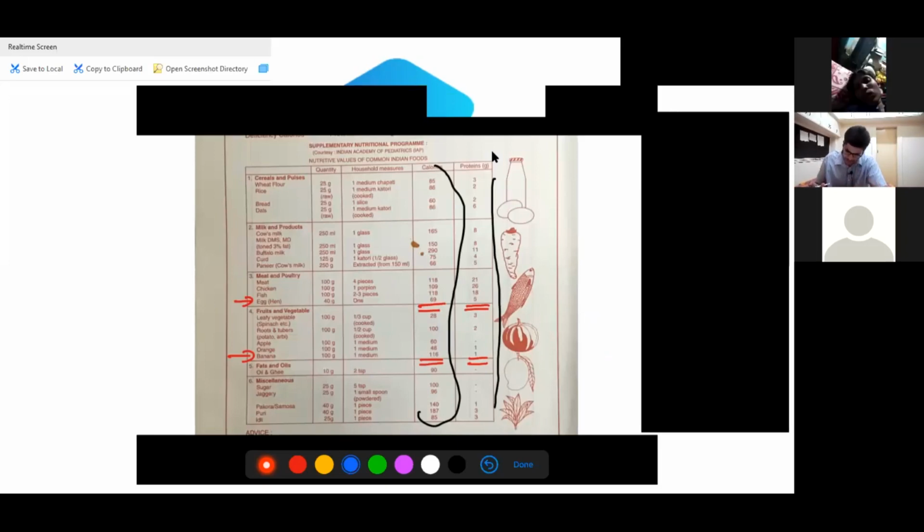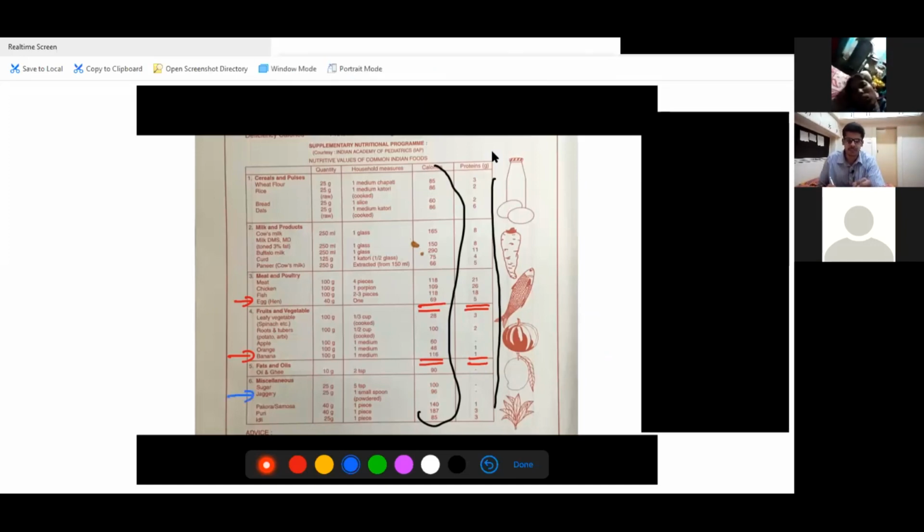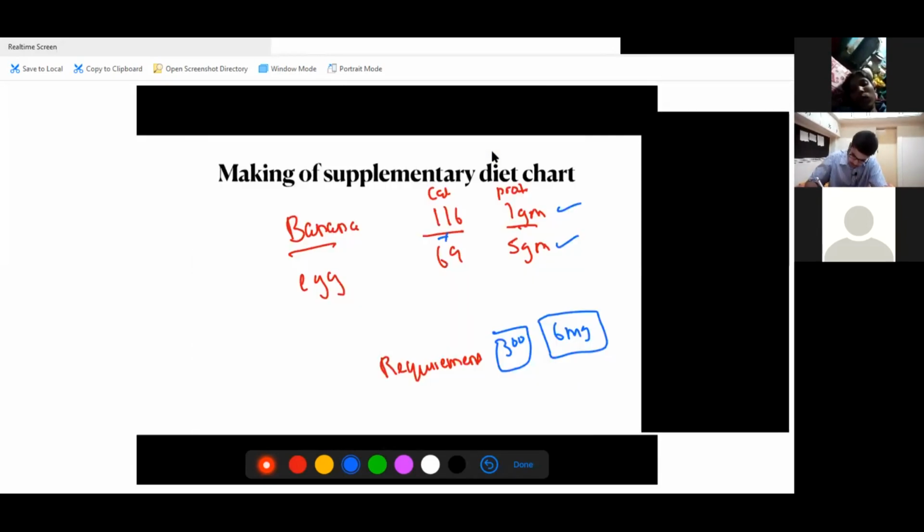So look at this chart. If you just look at this chart, a very, very good diet in our country to prescribe is something like jaggery. Because if you give jaggery, that is called gud in Hindi, it even suffices the iron deficiency the children have. Because most malnourished children will be iron deficient, so giving them jaggery will help them. So look at this jaggery, it has 96 calories. So again, you are sorted. You put jaggery in your diet chart, it gives him 96 calories.